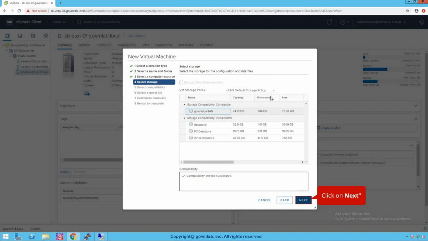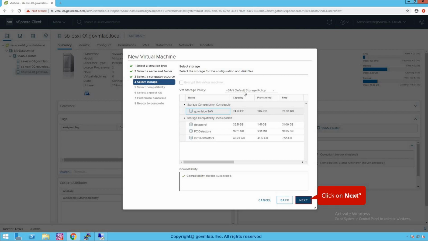As soon as we select that storage policy, you do see that your storage listing shows compatible storage and incompatible storage. The reason is that vSAN default storage policy, if you remember when we created the vSAN cluster, was the default policy assigned to our vSAN storage.